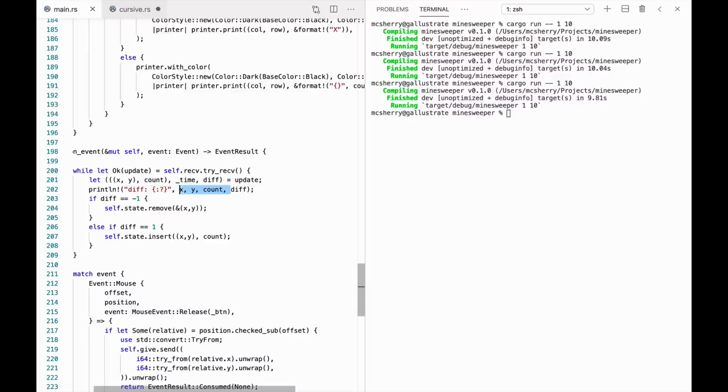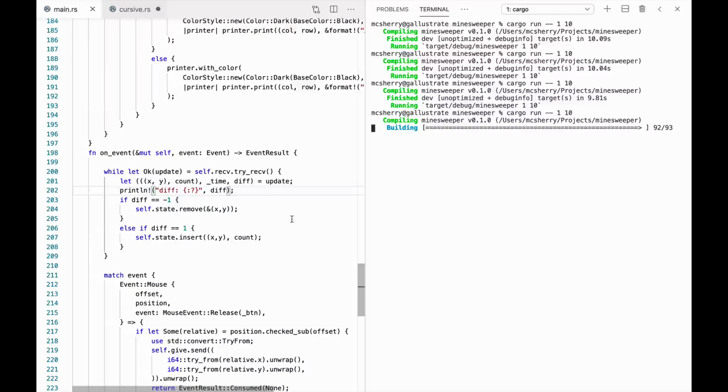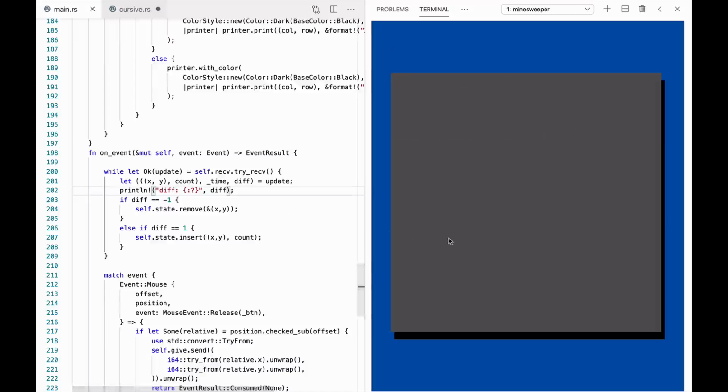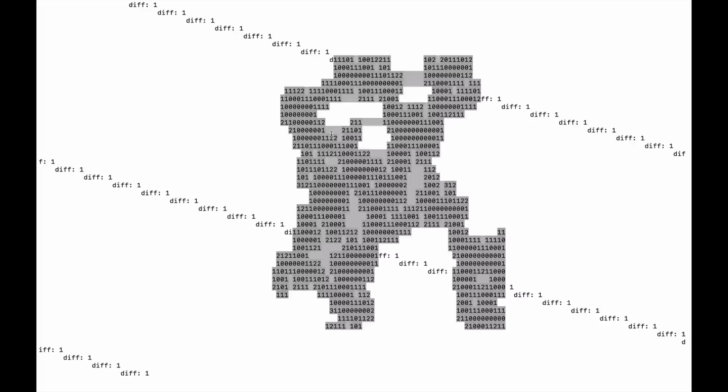There's just a lot of noise that's making it hard to grok what's going on. So lots of diffs of 1, that's great. There's also a diff of 1. I have no idea where the